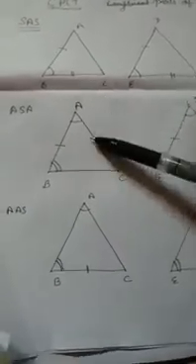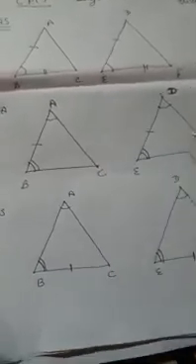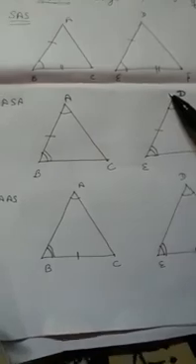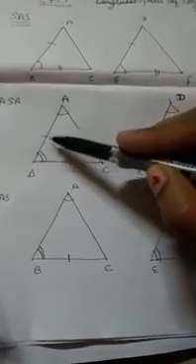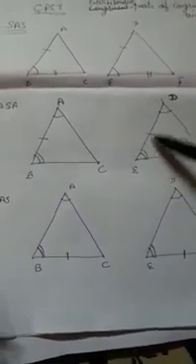Next is angle side angle. Now here again we have two triangles ABC and DEF. Angle A is equal to D, angle B is equal to E. Here you can see, students, sometimes I have used only a single line and here a double line, meaning double one is equal to double one. This is for the second angle, and one line is for the first angle. So you can differentiate. You can easily see from the diagram which angle is equal. And AB is equal to DE, the included side is equal. So this is by angle side angle.